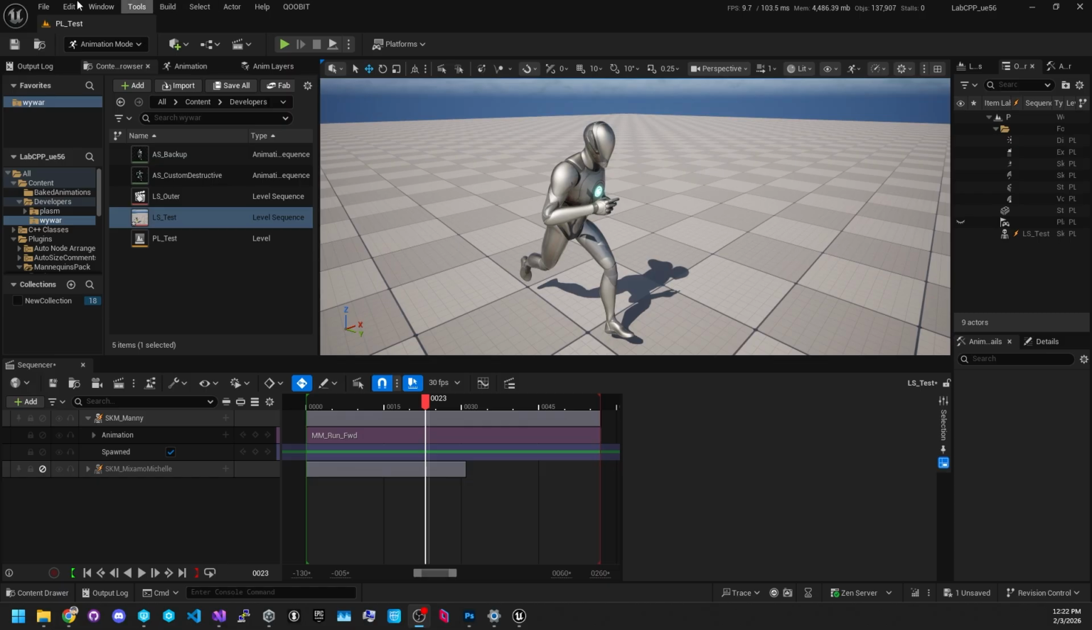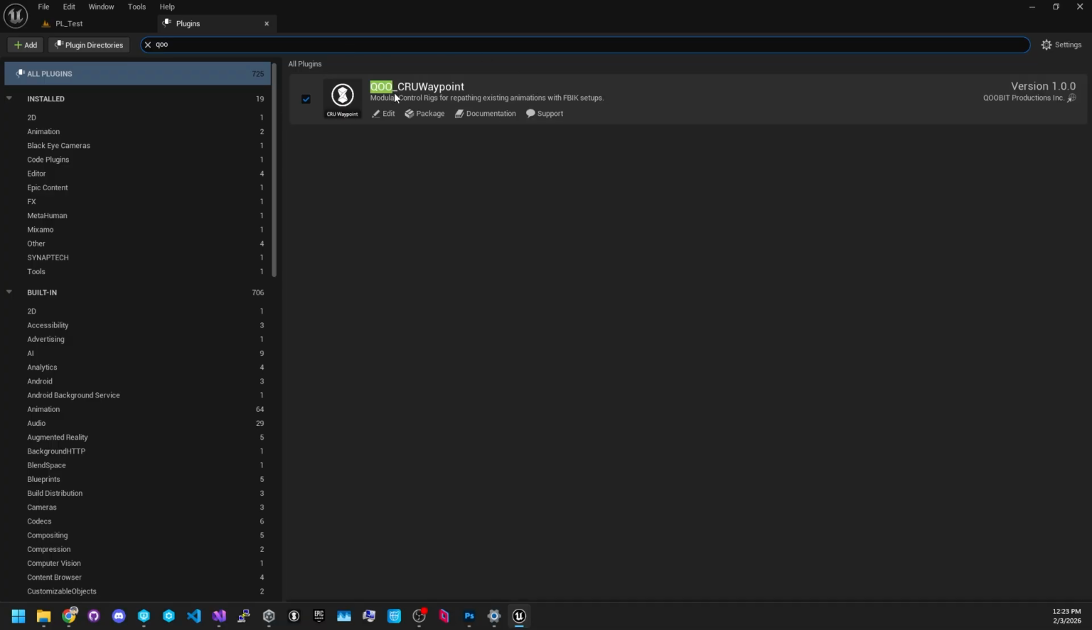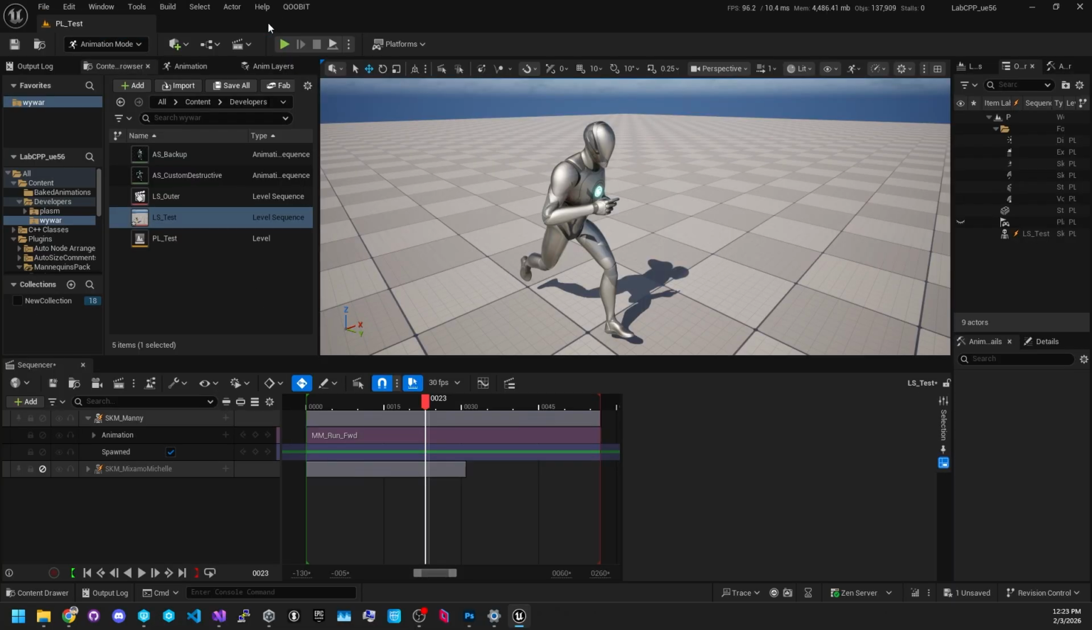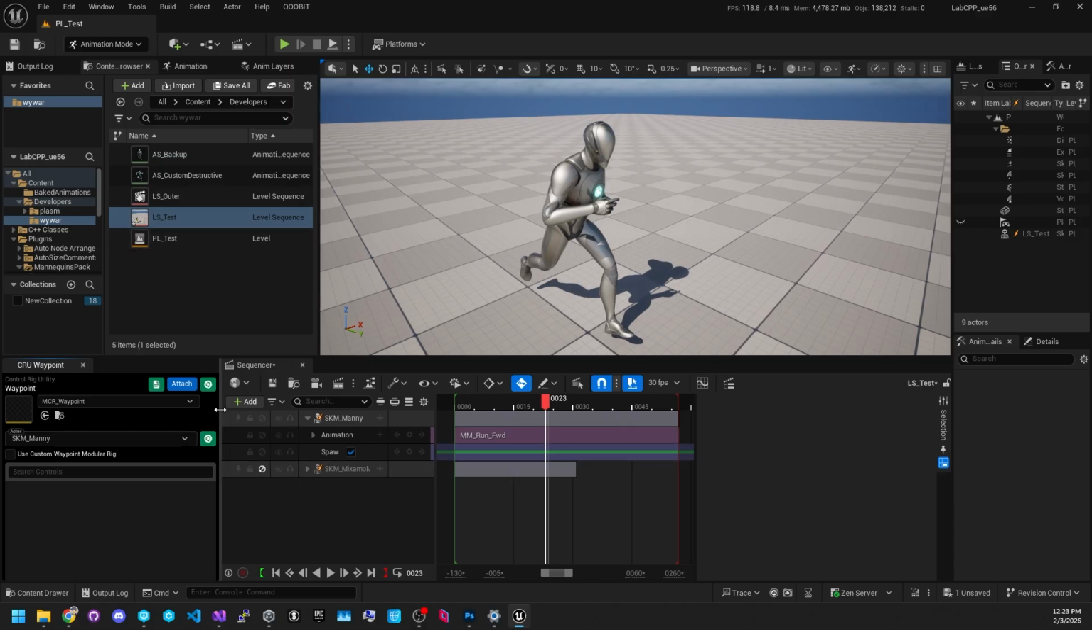To get started, we want to make sure that our plugin is active, so we're going to navigate to our plugins and do a quick search for Q, and you should see our CRU Waypoint plugin listed in the plugins. Make sure that it is in fact checked off. If you do have it off, once you've checked it off, you may need to restart the editor for the changes to take effect. Now that you've activated it and restarted the editor, you should see a menu at the top that says QOOBIT, Animation, Control Rig Utility, and CRU Waypoint. We're going to click this to make sure that the widget is active,